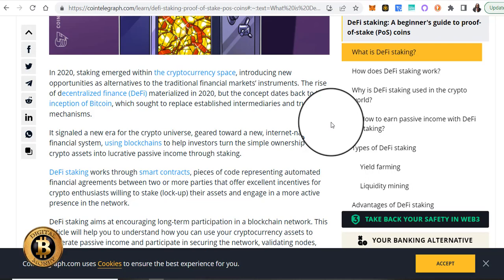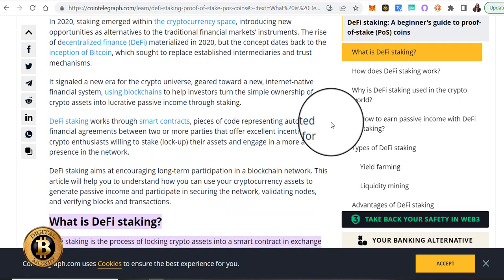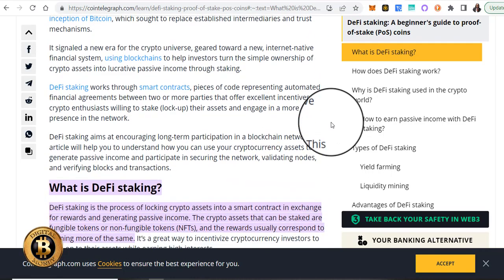Okay, back to the article. It signaled a new era for the crypto universe geared toward a new internet-native financial system using blockchains to help investors turn the simple ownership of crypto assets into lucrative passive income through staking. DeFi staking works through smart contracts. Remember, I said something about that earlier. Smart contracts are pieces of code representing automated financial agreements between two or more parties that offer excellent incentives